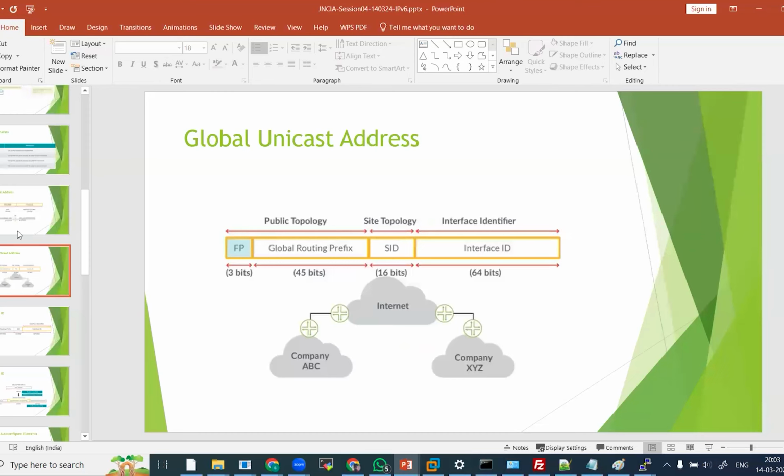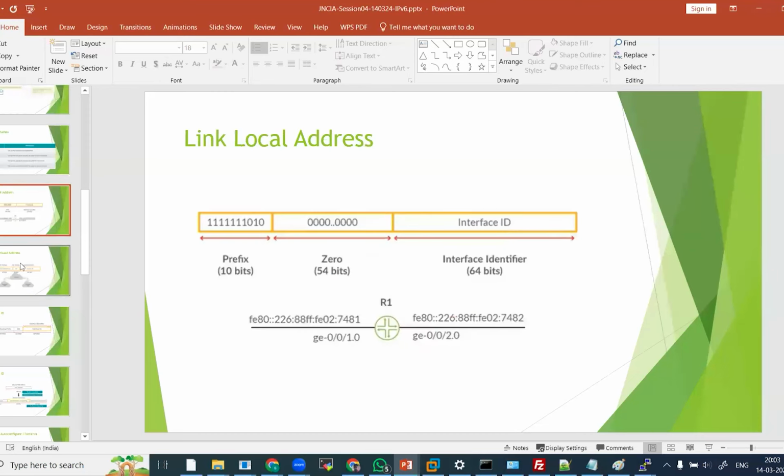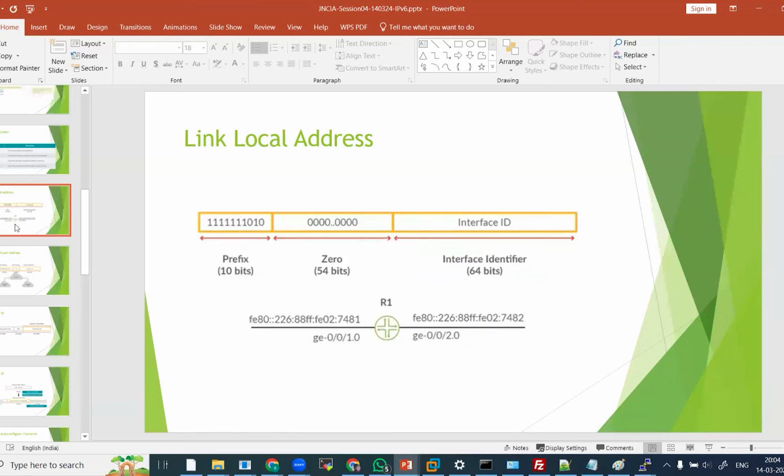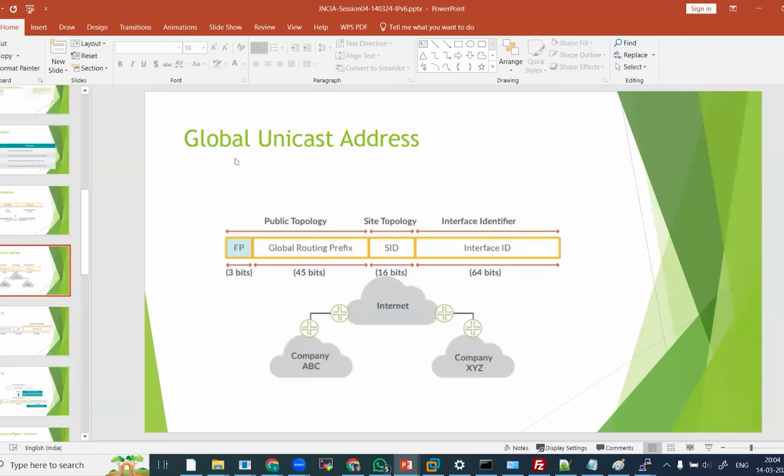Okay. Besides link local address, because link local address works within a LAN or within a point-to-point link, but it will not work beyond that link. If you want to send data across the internet, then link local address is not sufficient. Then we have to use global unicast address like this. In the global unicast address, the first 3 bits are the same, right? And after that, we have global routing prefix. So normally it starts with